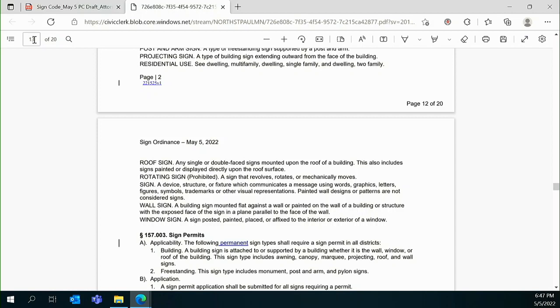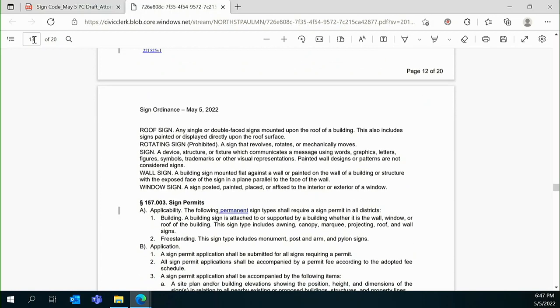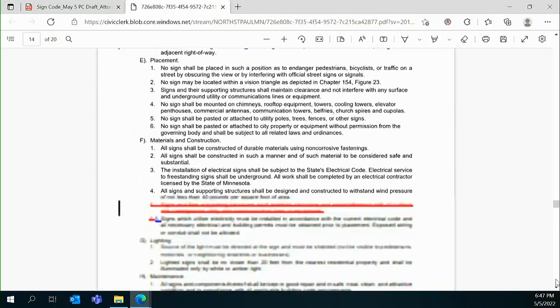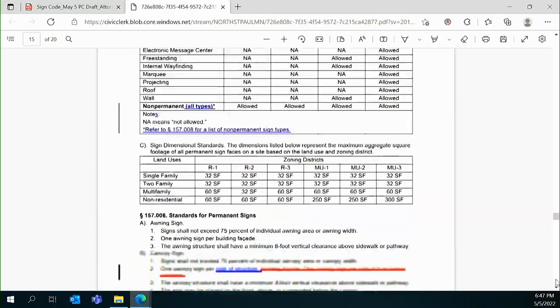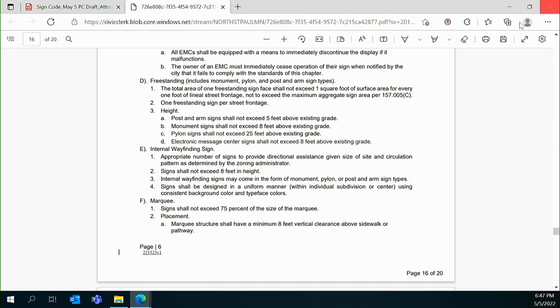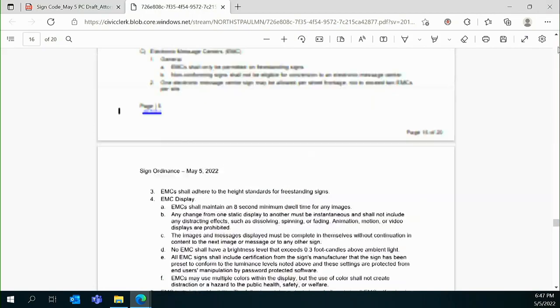I mean, those are the only 2, right? That all these signs fall under, for permanent signs that would require a permit. How about roof? Is that a building sign? I gotta go look at building sign. I think maybe we have prohibited that, and that's why it's not in that list. Oh, no, it says it includes awning, canopy, marquee, projecting, yeah.